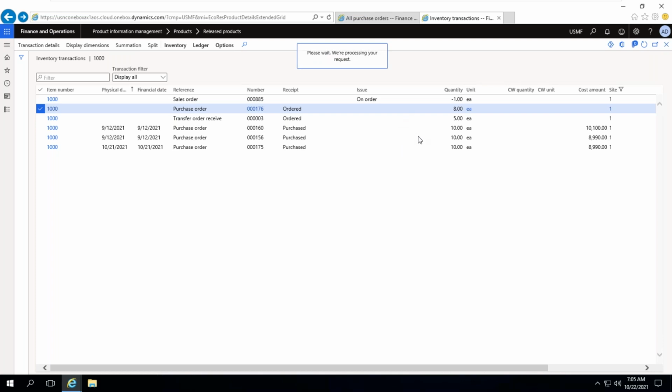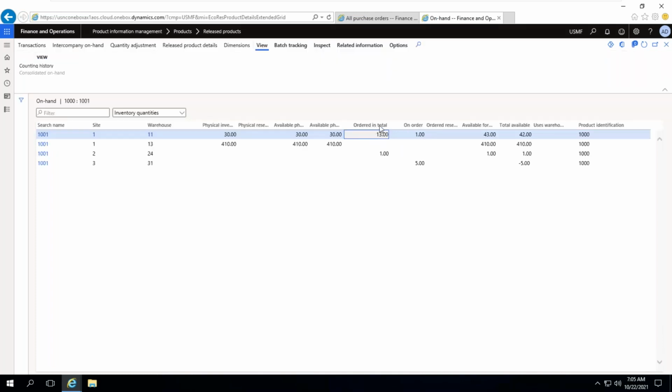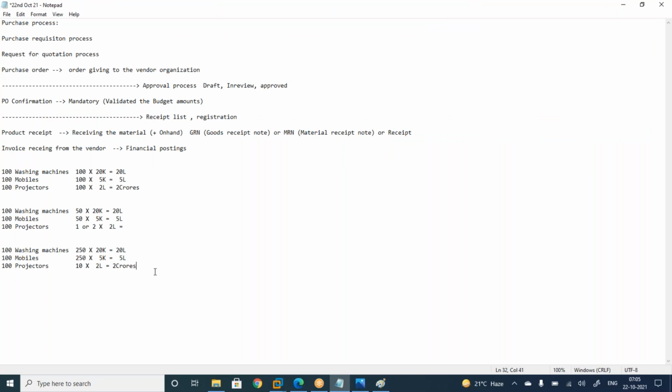Satya, you were telling that there is a printout step as well. So at the end, there is a physical step. Yeah, let me complete here. Ordered in total here may mean the purchase order status is draft, or in review, or approved, or confirmed.